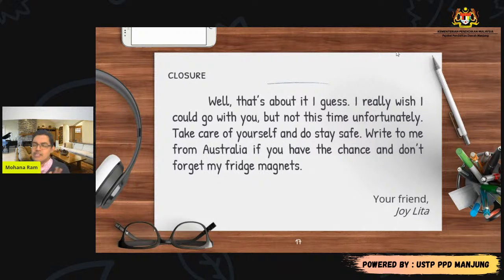I did not use any difficult ideas here. I did not share difficult details because I know some students will find it difficult to follow if I use too many complex sentences. So this is a very simple paragraph that I've shared here to help you understand how directed writing should be.